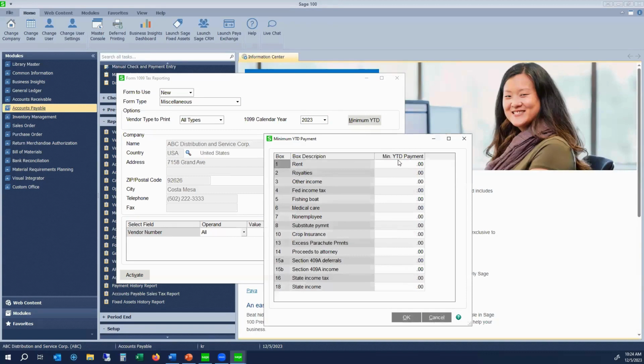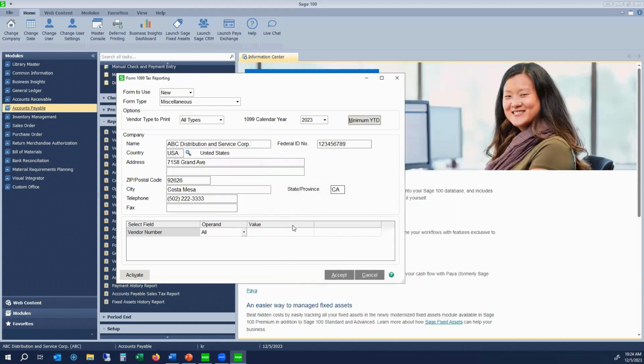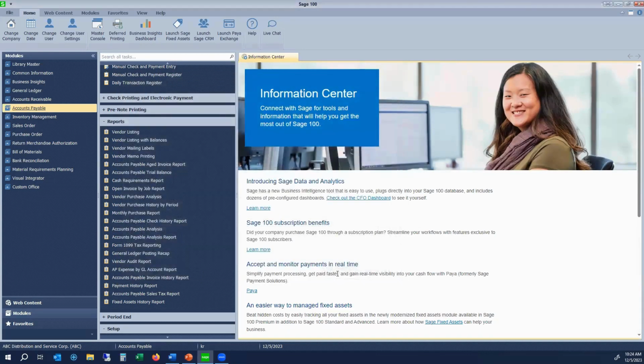And then I have to go to my minimum year to date. For our demonstration purposes, I'm not going to put in a minimum. You know, the rent would be $600 if I was doing this for real. All of this pulls from your company maintenance, so you shouldn't have to do anything different here. It should all be fine. And then I accept. And what's happening now is Sage is gathering the information from your Sage